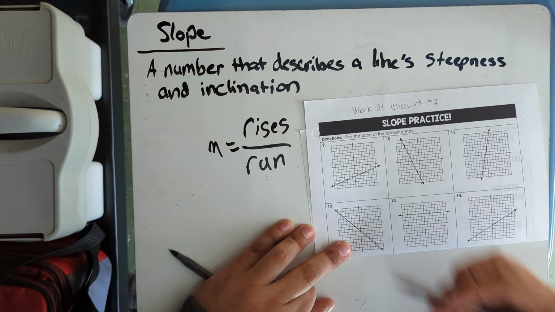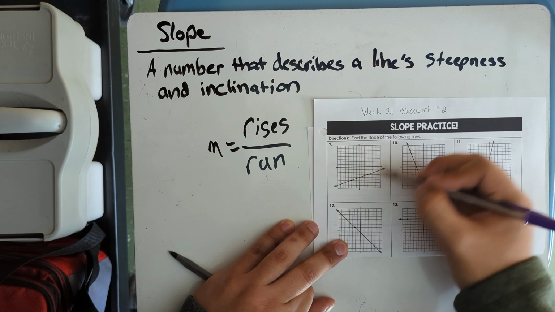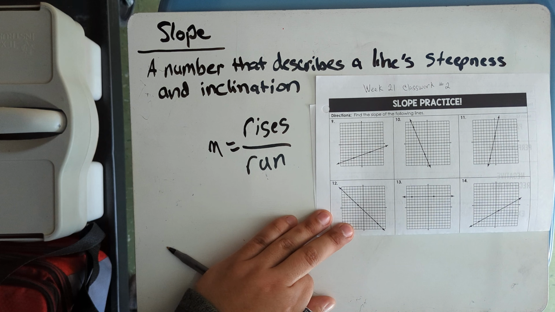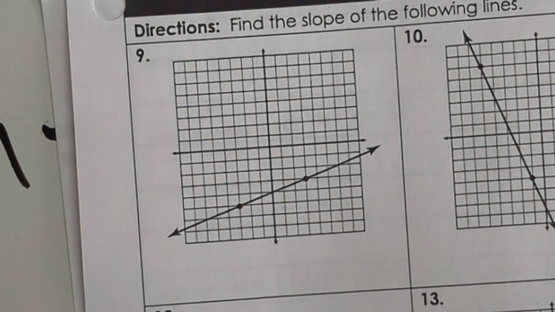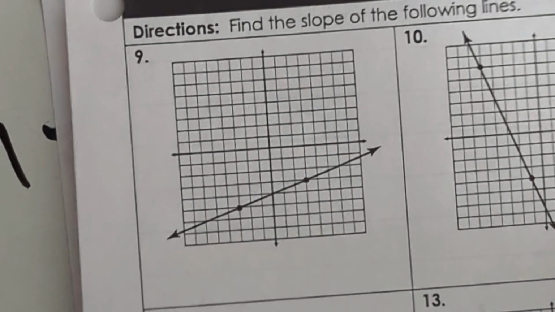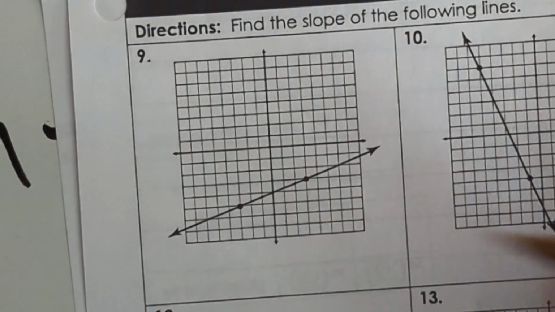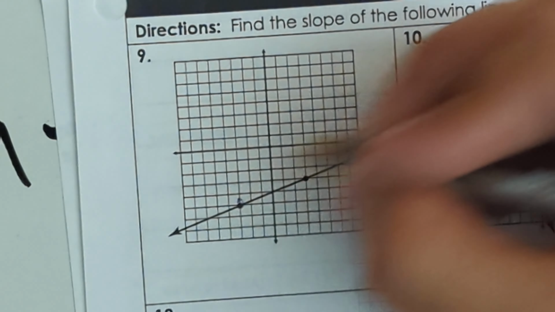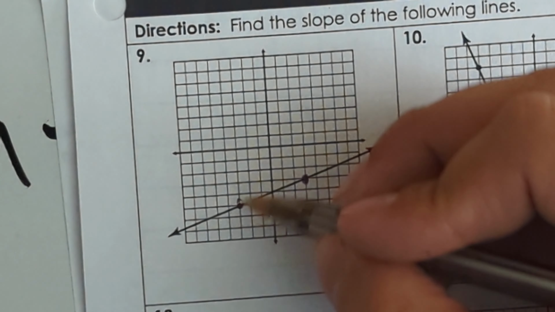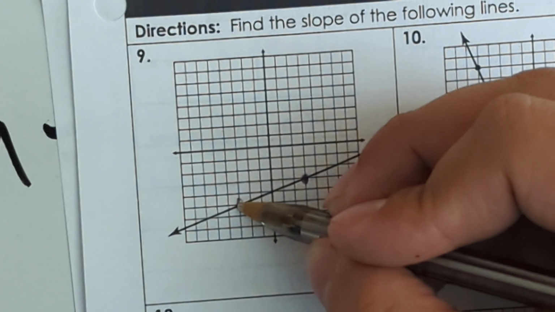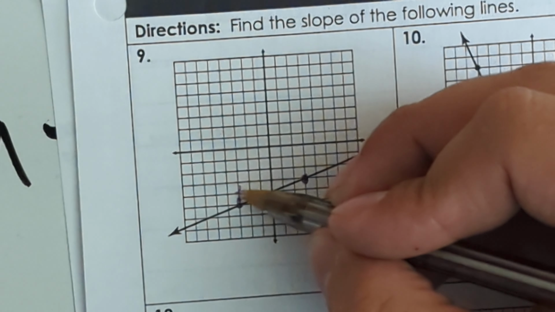So for example, let's take a look at this example right here, and let's do rise over run to figure out the slope. Let's zoom in here. To figure out rise over run here, we look at our 2 points. Our 2 points are right here and right here. What we do is we want to count the spaces that this line is going up, 1, 2,